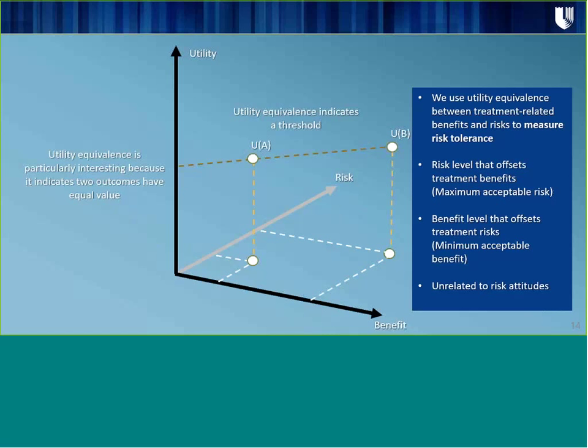Any benefit below that threshold is going to make B less acceptable. And so we call these thresholds, the first one, as I said before, maximum acceptable risk, because anything below it is acceptable, anything above it is not. And the second measure, which is entirely related, as I hopefully was able to communicate here with this example, we call minimum acceptable benefit because it is, in essence, the minimum level of efficacy that would achieve at least this